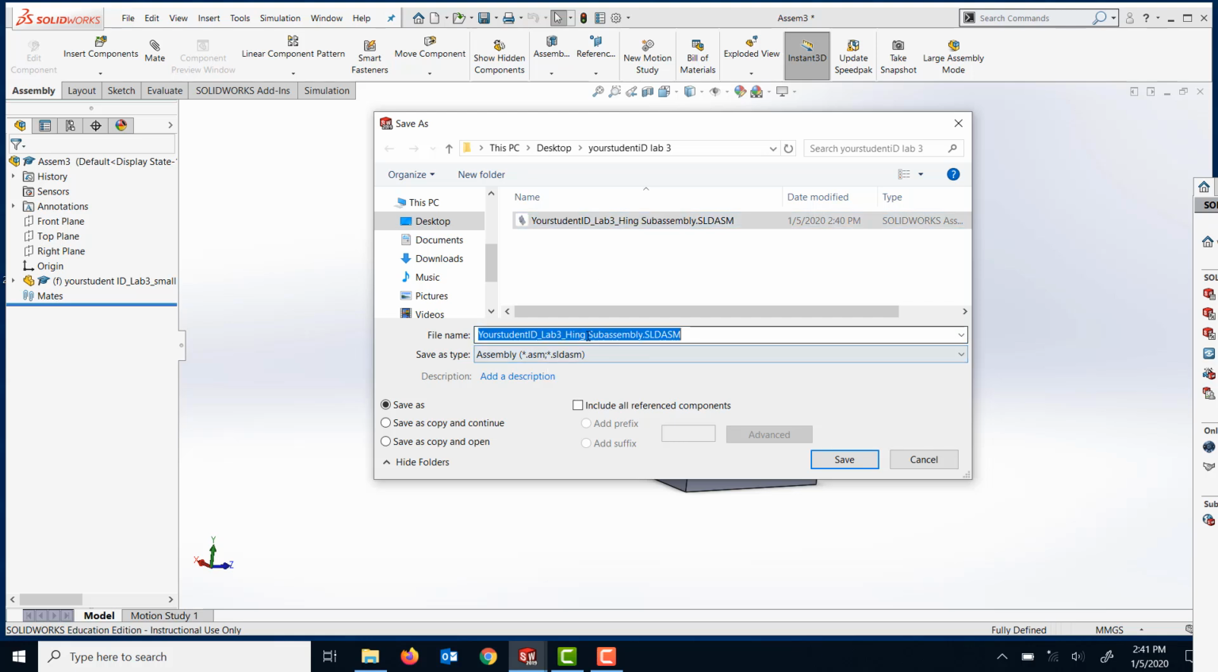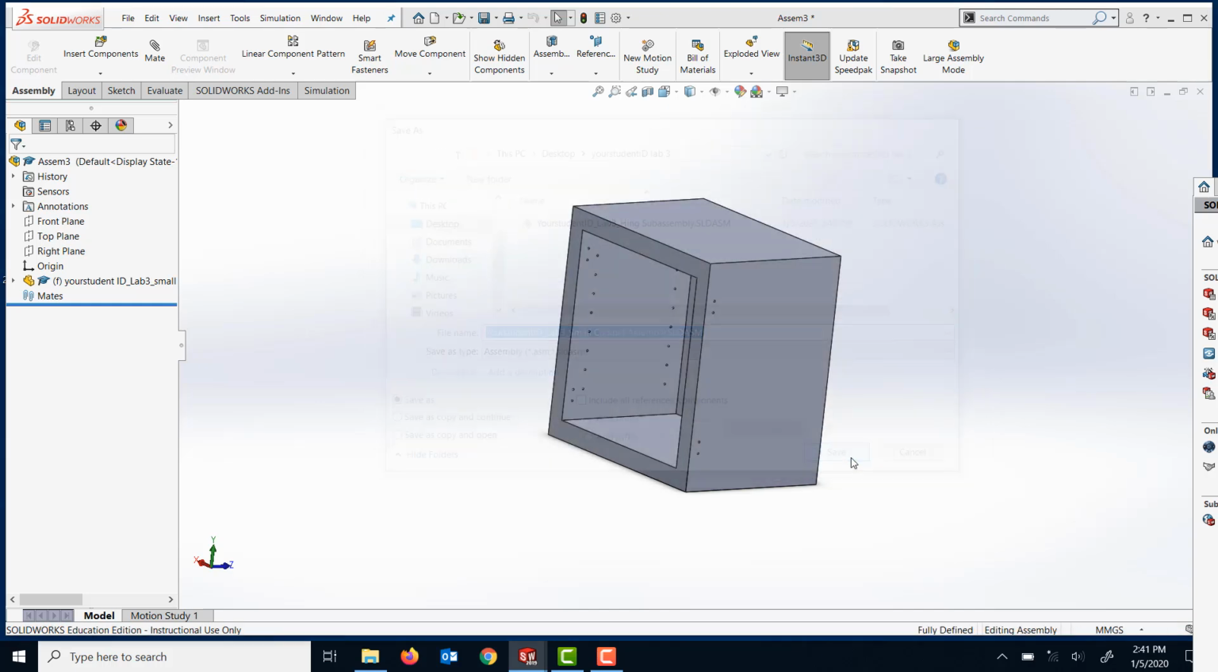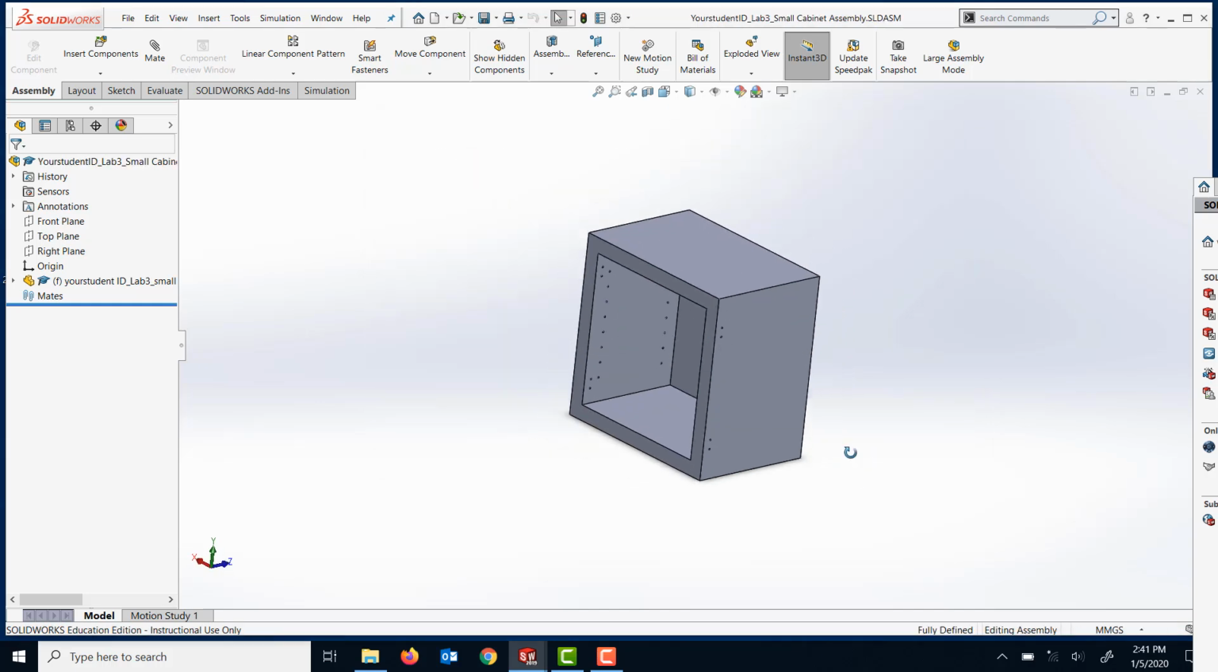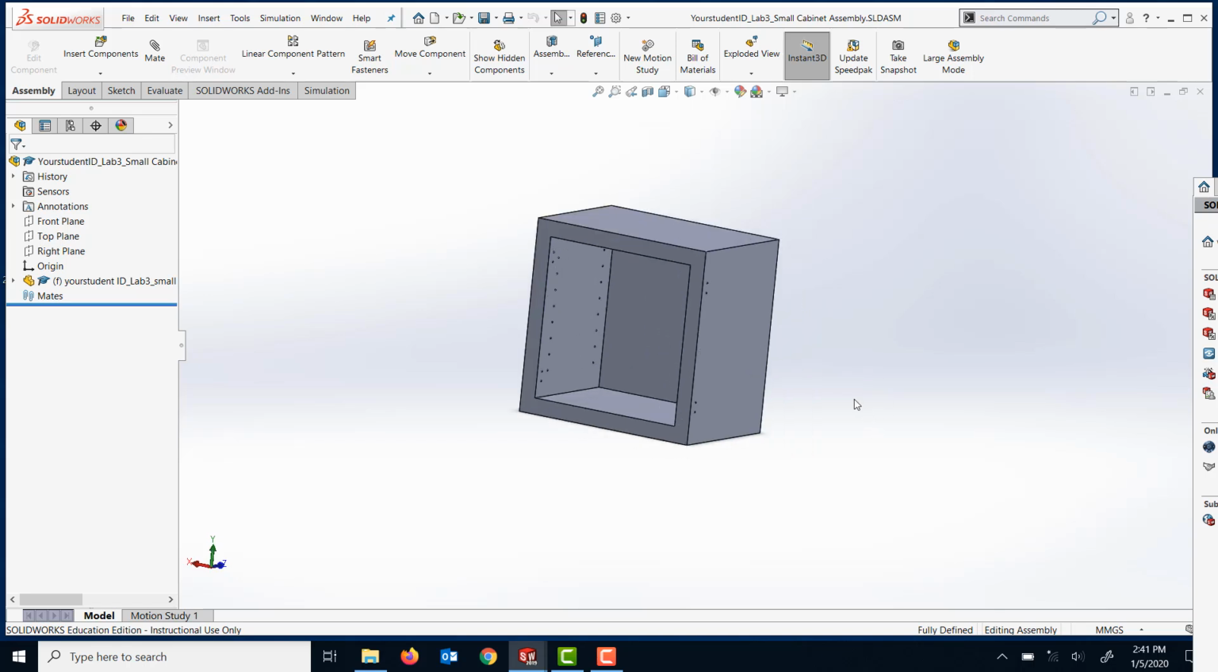I'm just gonna select that. I'm gonna modify the name there, and this will be small cabinet assembly, and your student ID lab3 small cabinet assembly. So I'm just gonna save this, and now I'm gonna bring in the other components to make the